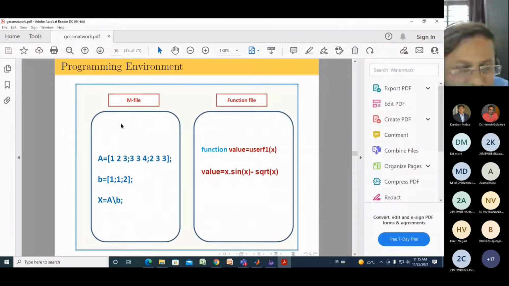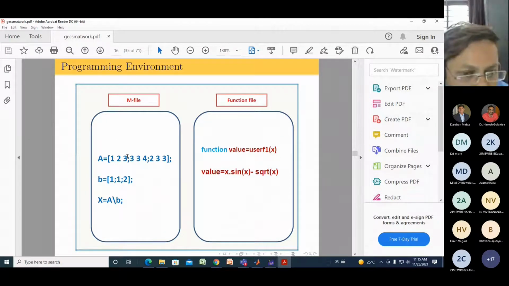Now what is the M file? M file is nothing but a sequence or series of some macros, some commands for a specific purpose, for a specific task. For example, I want to compute the value of A by B. So I have written some code, a script for that. That script is known as the MATLAB file.